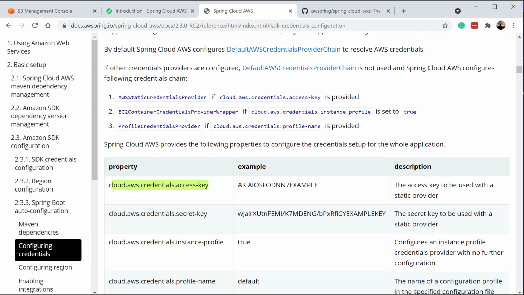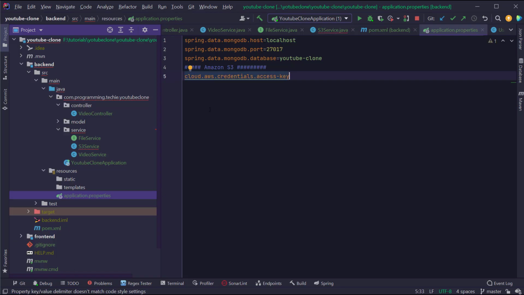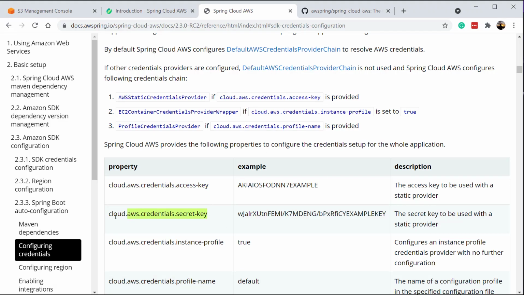So I'm just going to copy this property and paste it here. Here we have to provide the access key which you have copied from your Amazon S3 portal, and similar to the access key we also have to copy the secret key